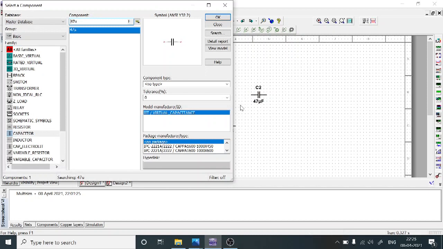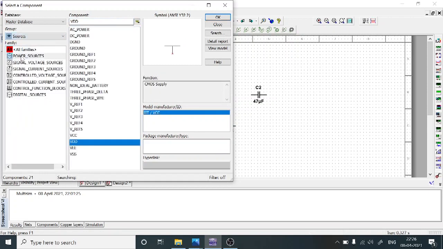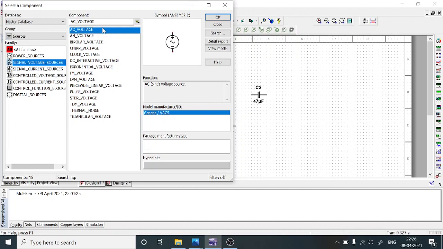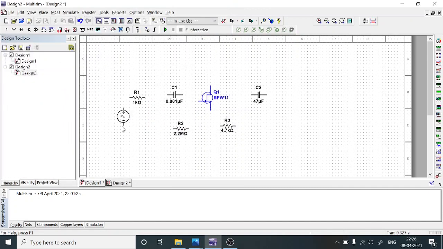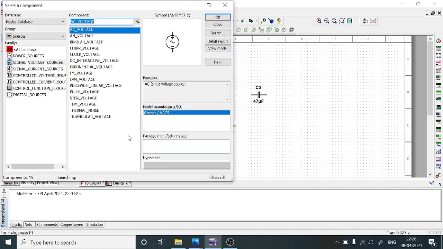Apart from that, we require some power sources. In that group you select Sources, and in Sources select the signal voltage sources. There you select AC voltage, select OK, then place it here. Then we require some ground and biasing voltages.